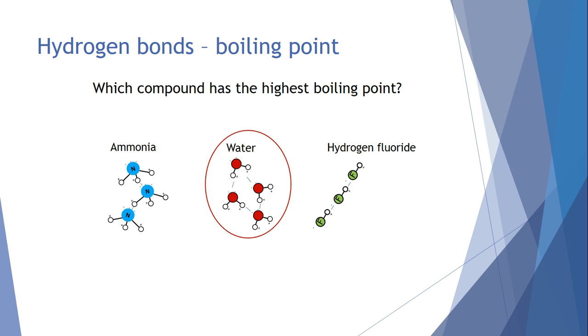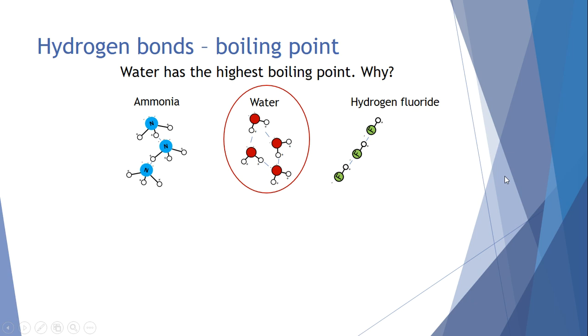Well, water has the highest boiling point. If we compare them, the boiling point of ammonia is minus 33.34 degrees Celsius. The boiling point of water is, as you probably know, 100 degrees Celsius. And the boiling point of hydrogen fluoride is 19.54 degrees Celsius. So this is somewhere between ammonia and water. Why? Well, even though hydrogen fluoride has the strongest interactions for each hydrogen bond,